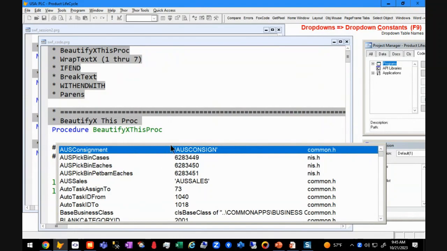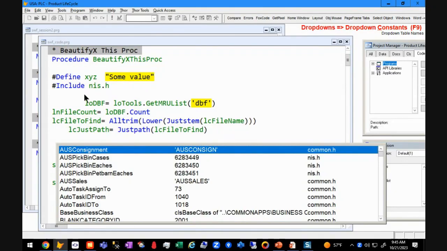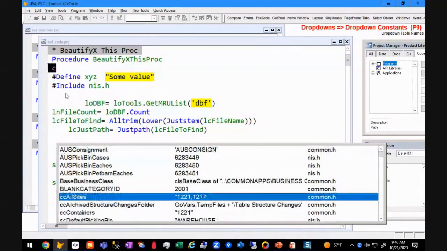So, drop-down constants. Here we have a define statement and an include statement, and it shows all the constants that come either from the define statements or the include files. It shows you, first of all, on the far right, what file it came from. It shows you the drop-down list, and it shows you as much of the value as it can, including the comments. So as you would expect, you can begin, for instance, saying, if I say category,